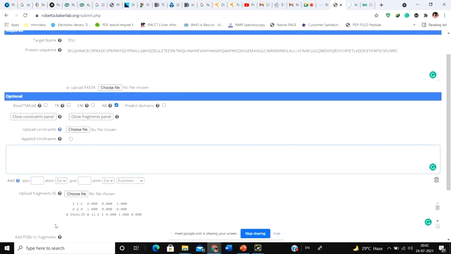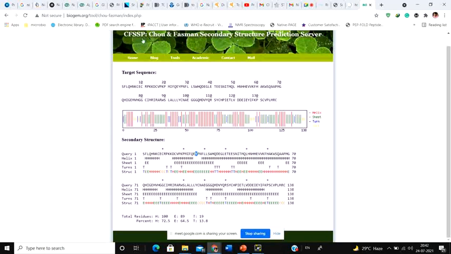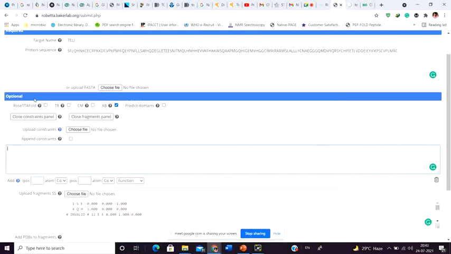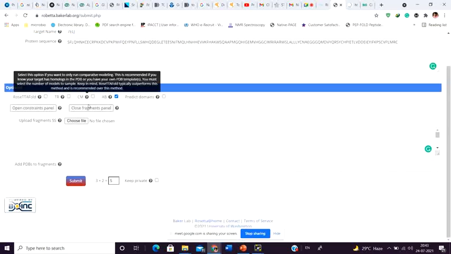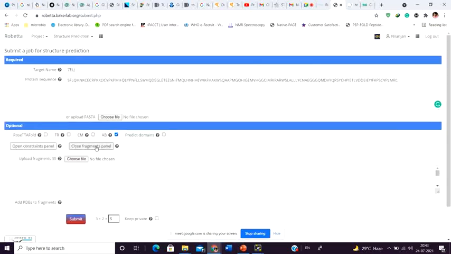So that is why you might upload the fragment secondary structure, found using the NMR experiment, or by X-ray crystallography, or by the Chou and Fasman method. Or if you have already performed NMR, you can upload the constraint panel as well. Understand? Because these things are going to make sure that your molecule has a much better structure. Understand?